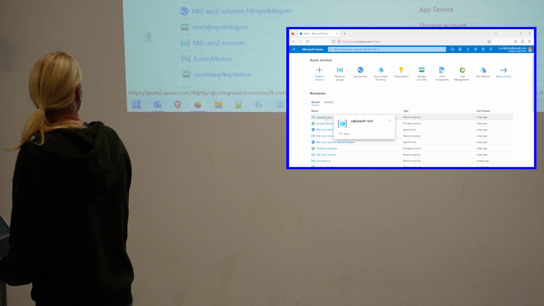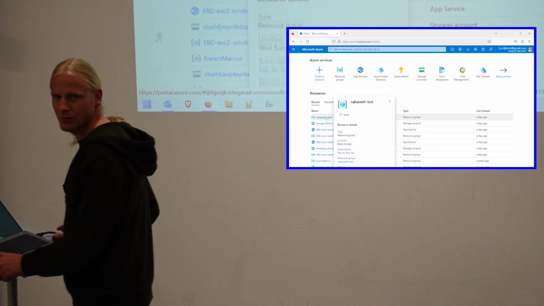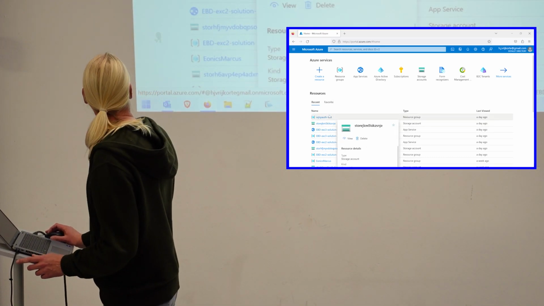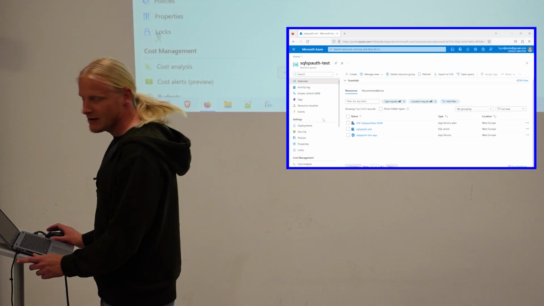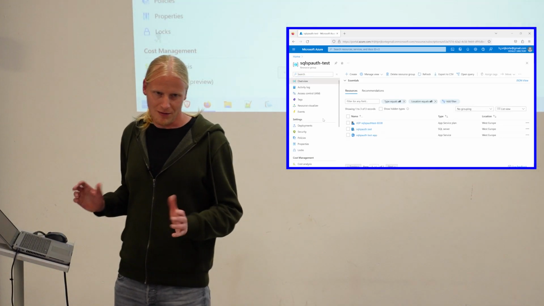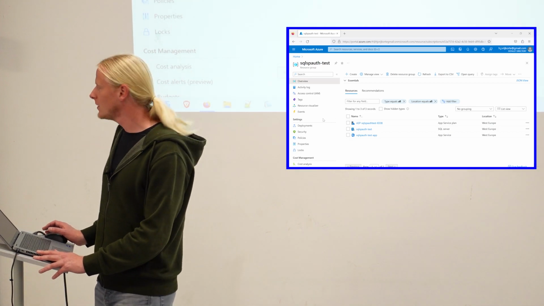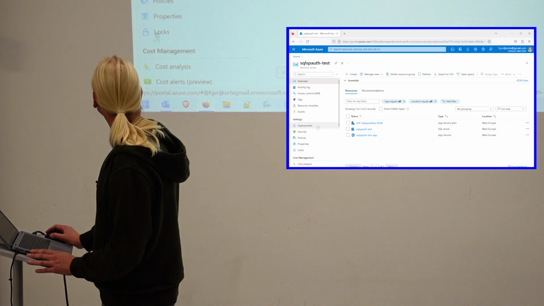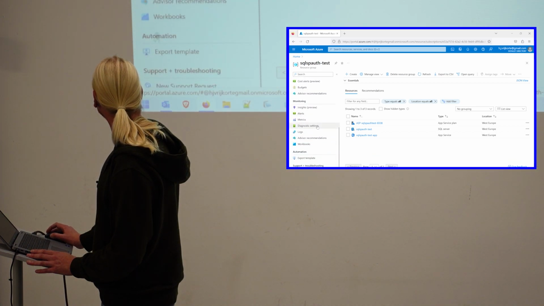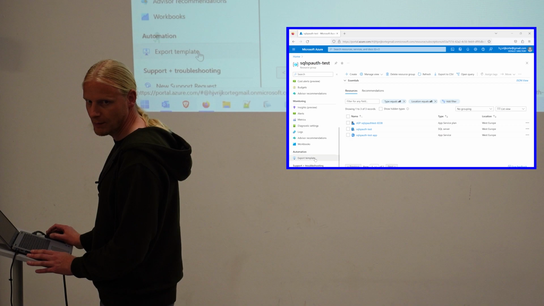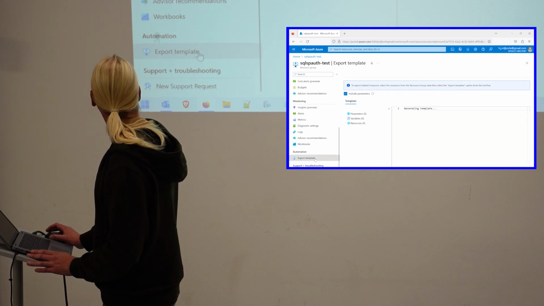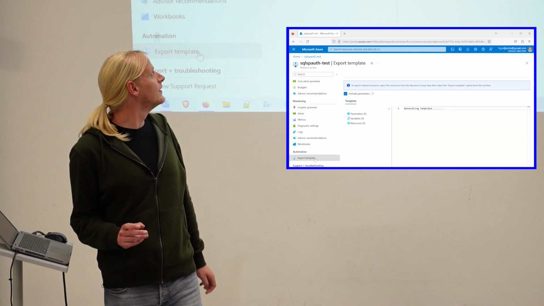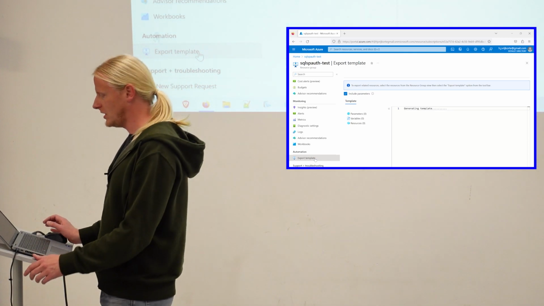So I have here just some kind of resource group. You can probably not hear me very well this way. So when you have a resource group, I suppose you have maybe sometimes seen the Azure portal before. Then with any resource in Azure, you can, in the left bar, go to Automation, and then Export template. And if you do that, it's going to think for a few seconds, hopefully not that long. You can see it's generating a template.